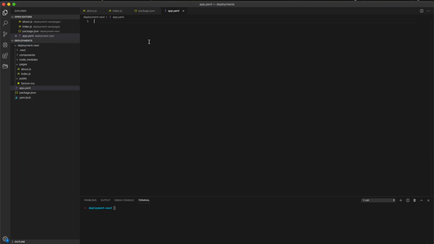Okay, we specify the runtime as Node.js. We specify the environment as Flex. This is some configuration Google needs to deploy. So we specify automatic scaling. Okay, the automatic scaling we'll say